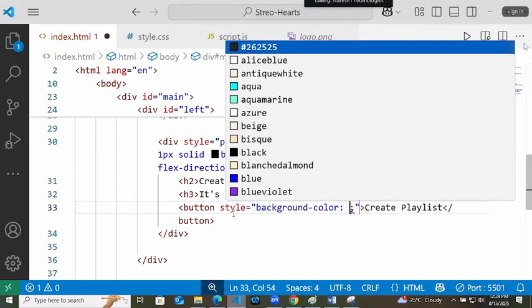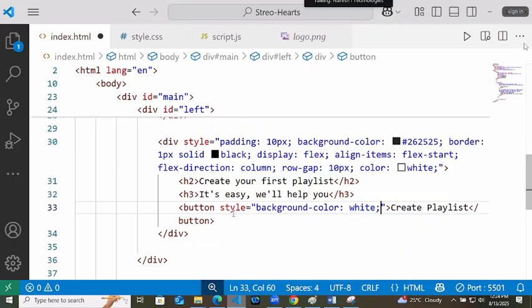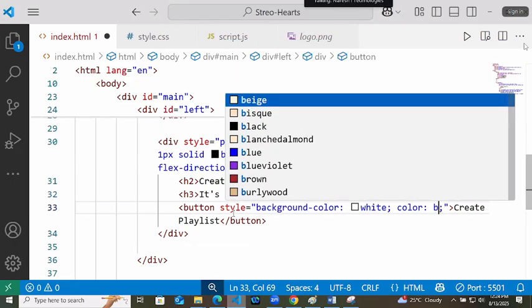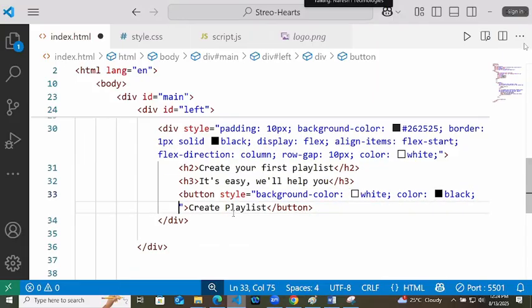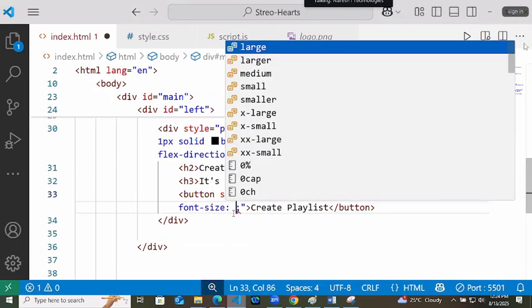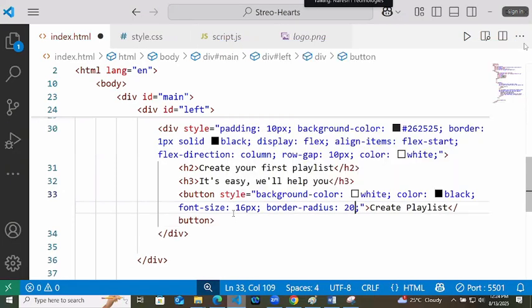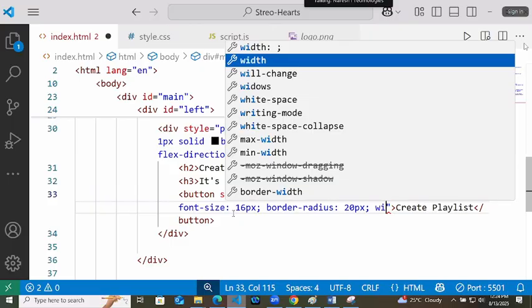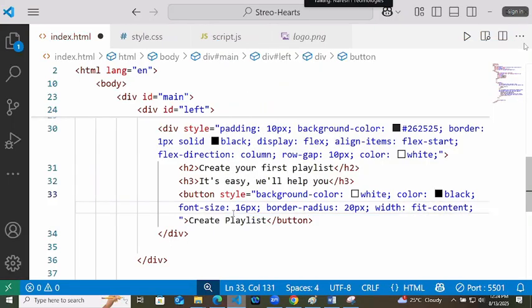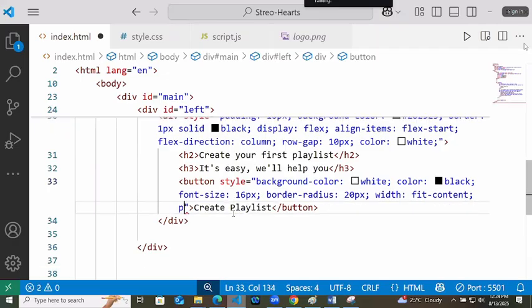Background color white, text color black, font size 16 pixel, border radius 20 pixel, width as fit content, and padding is 10 pixel.